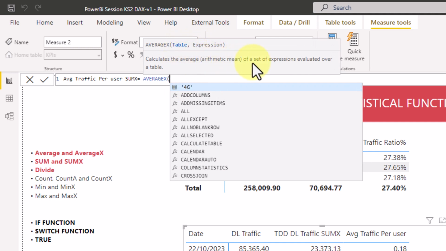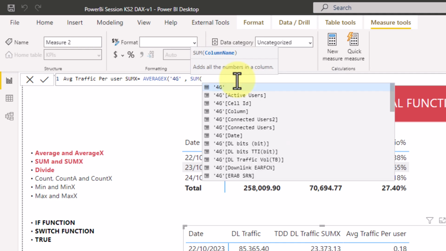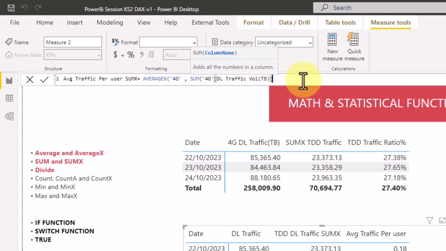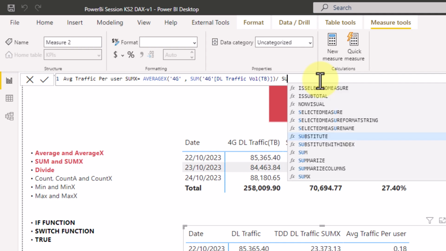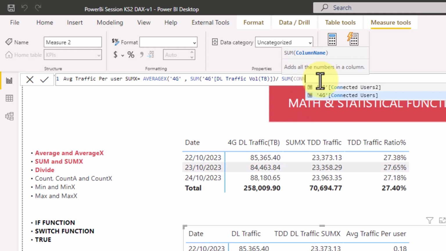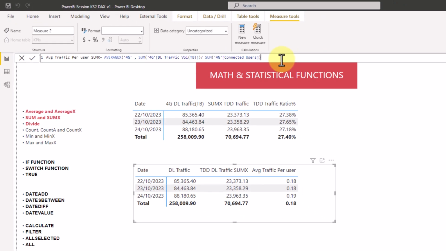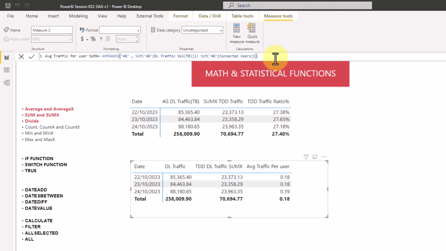Calculate the average, arithmetic mean, of a set of expressions evaluated over a table. So I'll give the full table. Then what is my expression? Okay, now my expression, I would like to calculate the sum of the traffic, correct? Divided by connected sum also. Sum again, because it's a measure. Connected user, right? Connected user. So if I did like this,